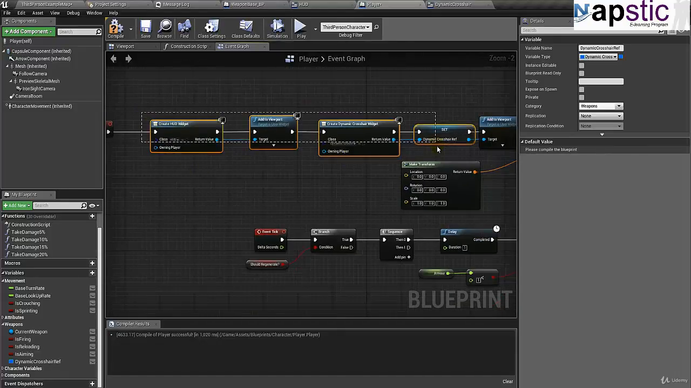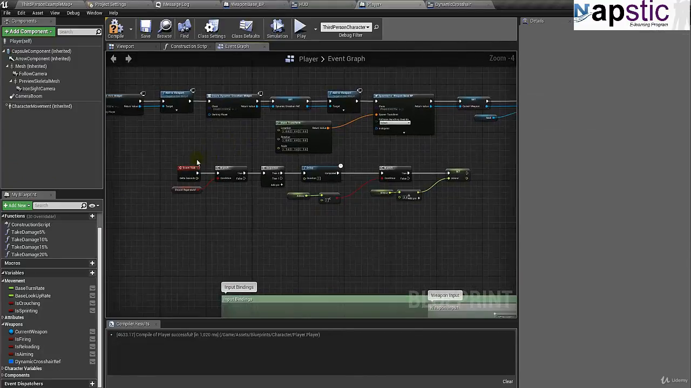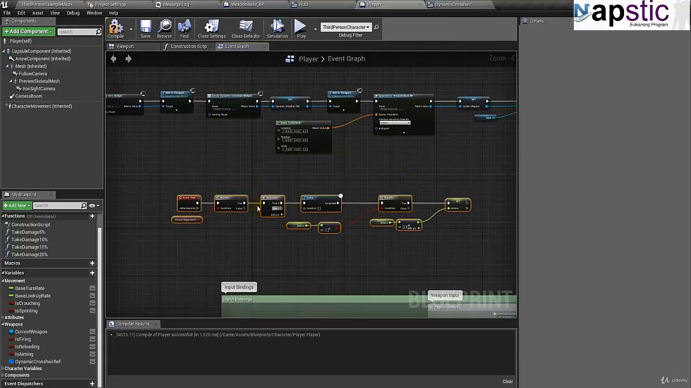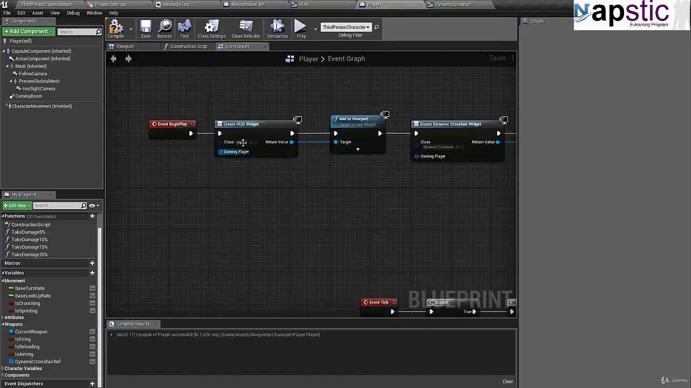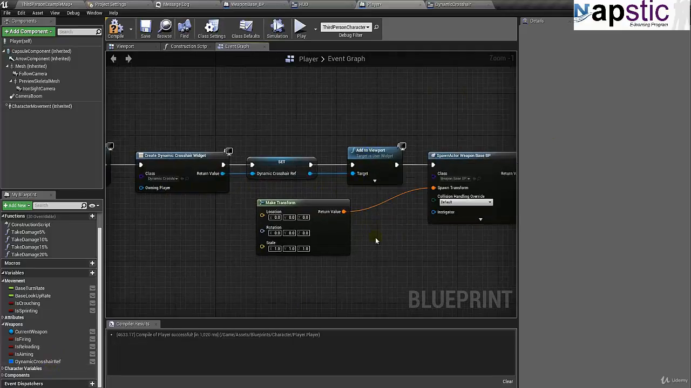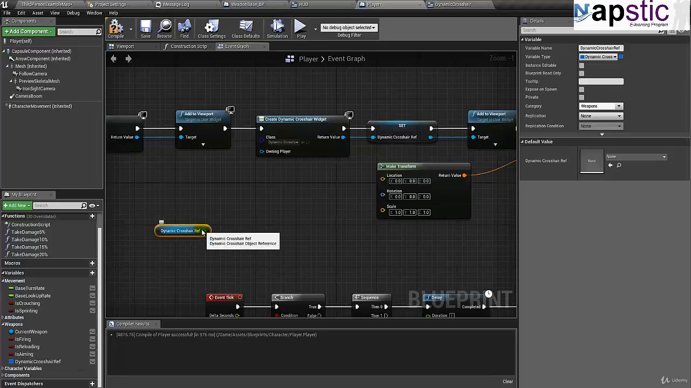And move them all to the left a bit so that I can make some room and make it look a little tidier, and maybe move this guy down so that I can space them all out. So what we're doing now is bringing in the HUD and adding that to the viewport as usual. Then we are creating a dynamic crosshair widget based on Dynamic Crosshair, promoting that to a variable, and adding that to the viewport, and then going on with our lives. So it should give us the same result, except we now have a reference, and using this inside the player blueprint, we can